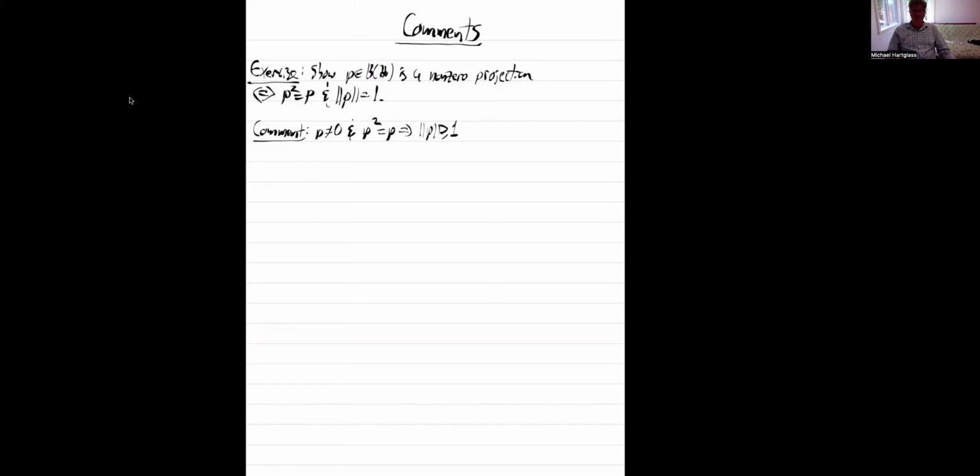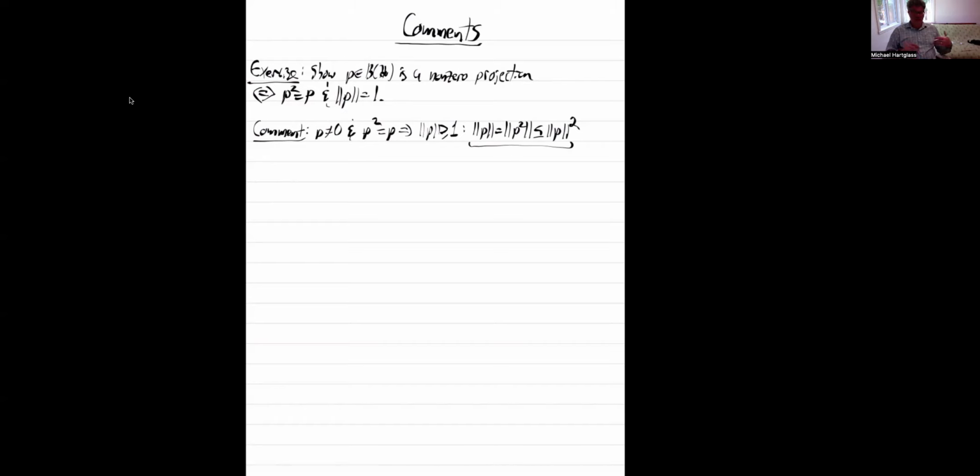This will follow from several things, but we could see it from the submultiplicativity of the norm, because the norm of P is equal to the norm of P squared, which in turn is less than or equal to the norm of P squared. And we know that P is not 0. So I always, for free, get that the operator norm of P is bigger than or equal to 1. But the magic is that the orthogonal projections are going to be the ones where this operator norm is exactly